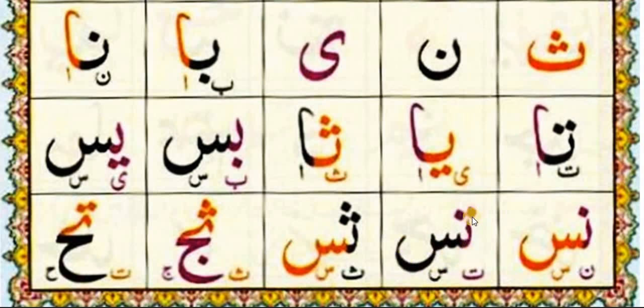Ta sin. Next, three dots at the top, so it is sa sin. Next is again three dots at the top. So it is the short form of sa connected with Jim. So we will read sa